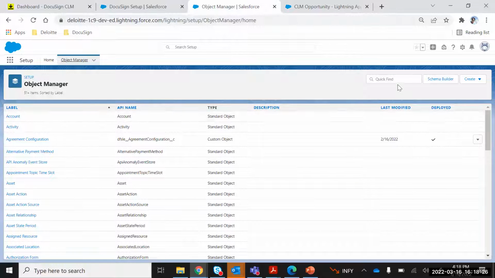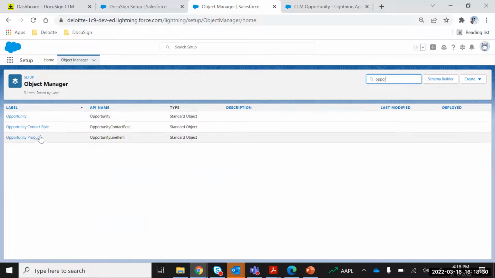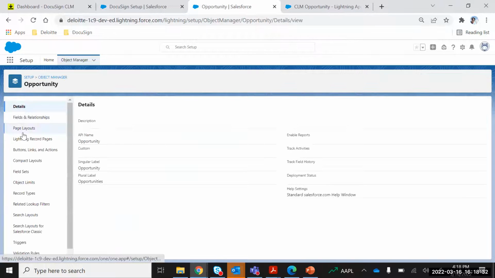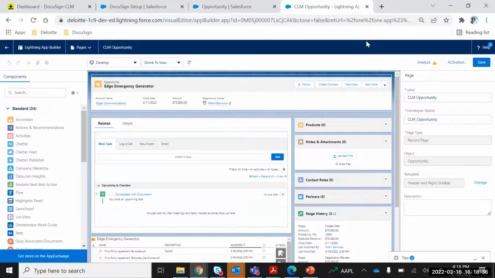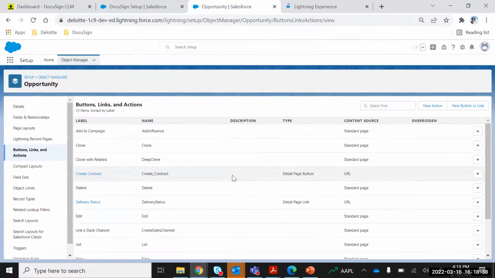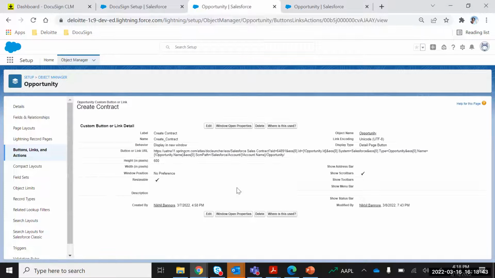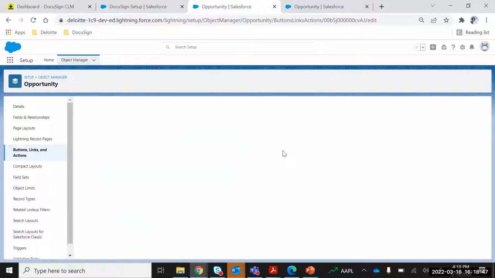So again, inside an opportunity, under buttons and links, we can have the buttons added. So there is a button called create contact that was added by me, and if you see here, I have